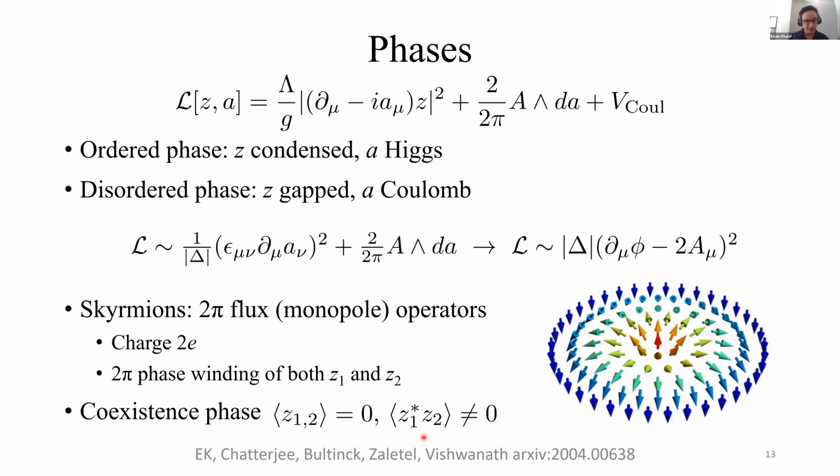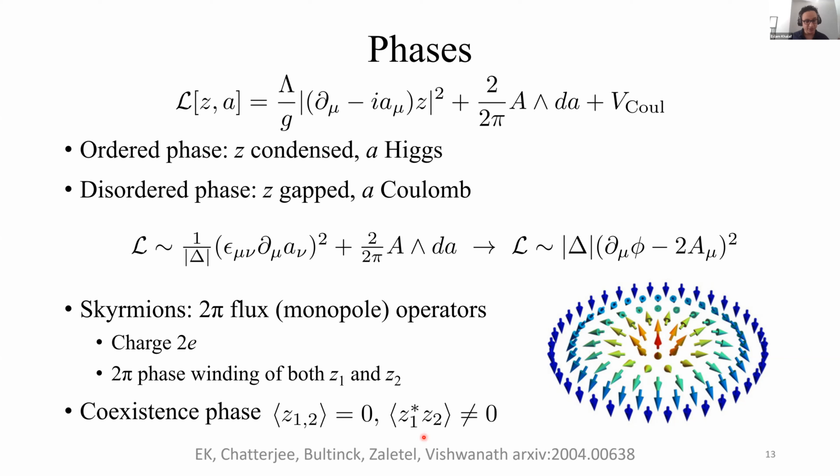So using this picture, we can propose a schematic phase diagram. Here we change this coupling G, and here we change the chemical potential. We are starting here deep inside the insulator for small values of G. And there are essentially 2 ways to get into the superconductor. One of them is through doping, which is, in a sense, the physically easier one to control. What would happen is that at some critical chemical potential equal to the Skyrmion energy, we start to introduce Skyrmions in the system. And they immediately condense, giving you a superconductor, but this doesn't destroy the insulator. So we get a coexistence phase of the superconductor and the insulator.